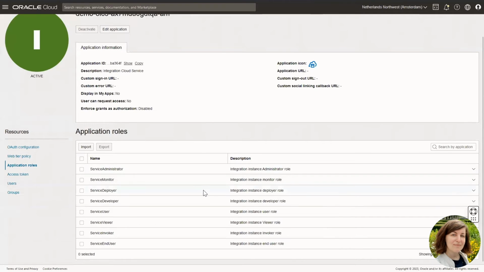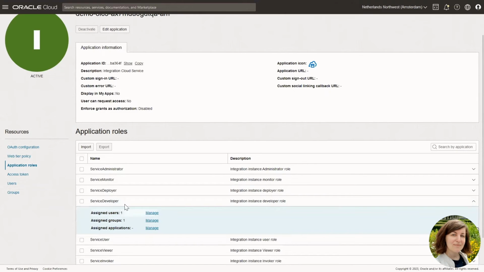And as you remember, we previously assigned a group of users to the service developer role, and the one that I used in Postman was part of this group and assigned the service developer role.